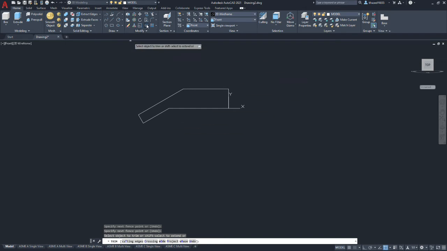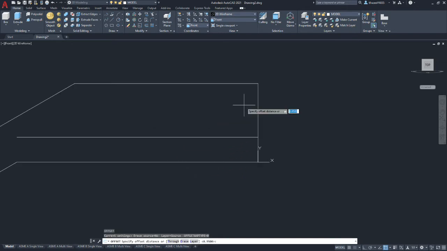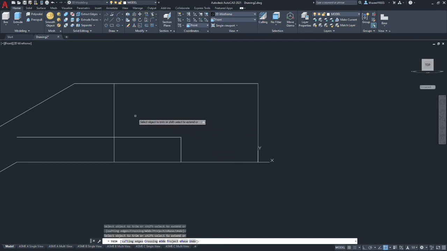So to do so, we'll do an offset, and we're going to go 0.95 to offset the bottom edge up. We're going to put in 2.94. We're going to offset the right side edge. And we're going to enter the offset command again, and this time we're going to change the value to 2.55. And that gives us the slot width. Now we're going to come back and trim off the elements we don't need.